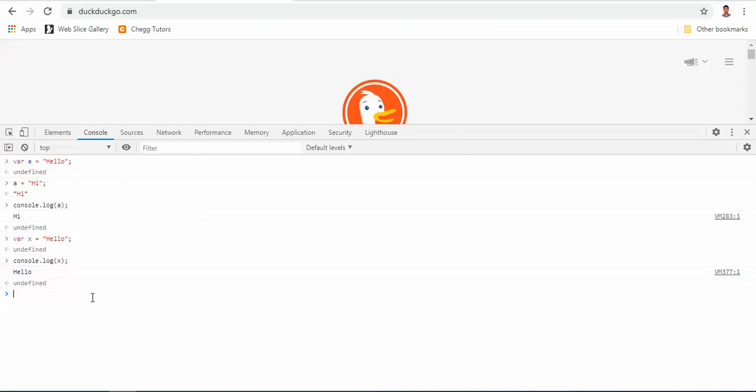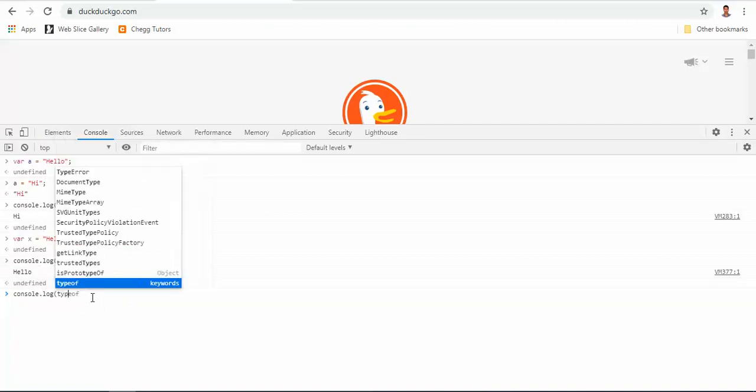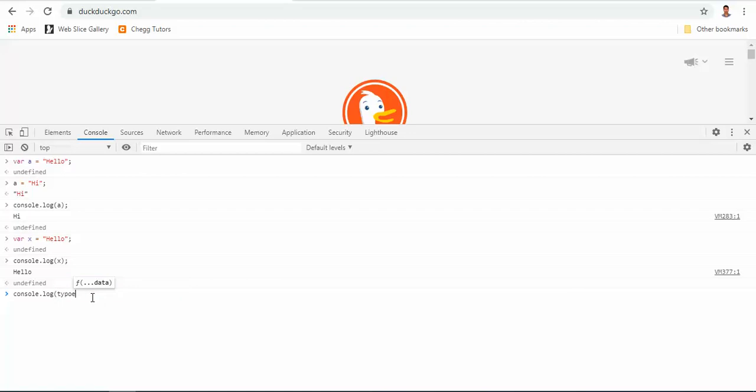Now what we can do is again console.log, and this time we will write typeof x. Sorry, as you can see, it is showing an error that you are missing the closing parenthesis.